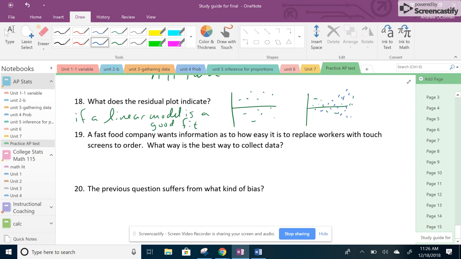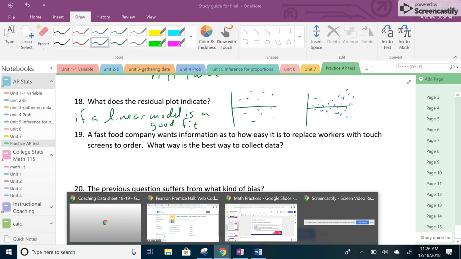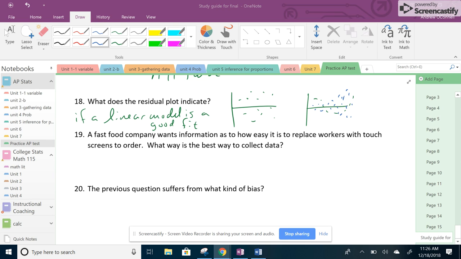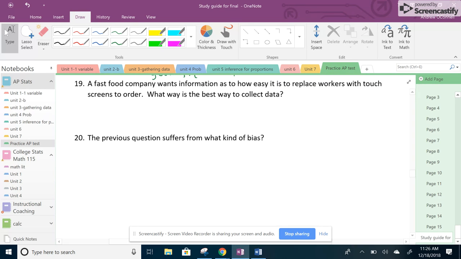19, a fast food company. I wonder how much time I have left on this. I don't even know. Have we been here for 10 minutes, you think? No. No? Okay, we'll keep going. A fast food company wants information as to how easy it is to replace workers with